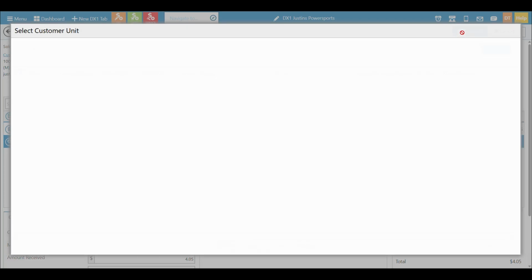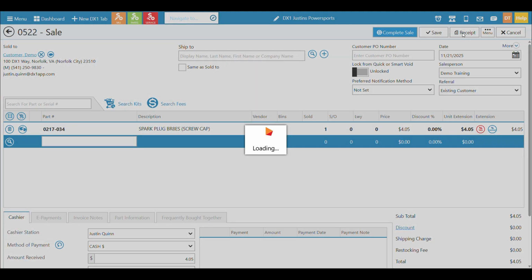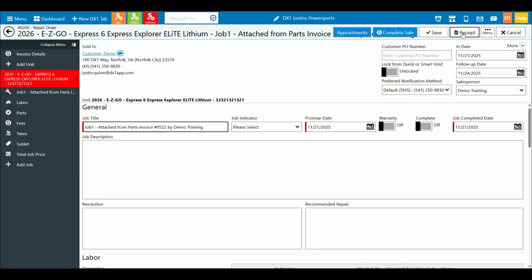I can find the unit I want, add it to the new RO, and we can see here it's going to create the repair order. And we also have a note saying that this was attached from parts invoice. At this point, I could update it and say change spark plug, something like that. That would be an example of how I could start at a parts invoice, have a customer, create a new RO, automatically add the customer, and get into their garage. Again, it's a much better way to go to select the customer first.